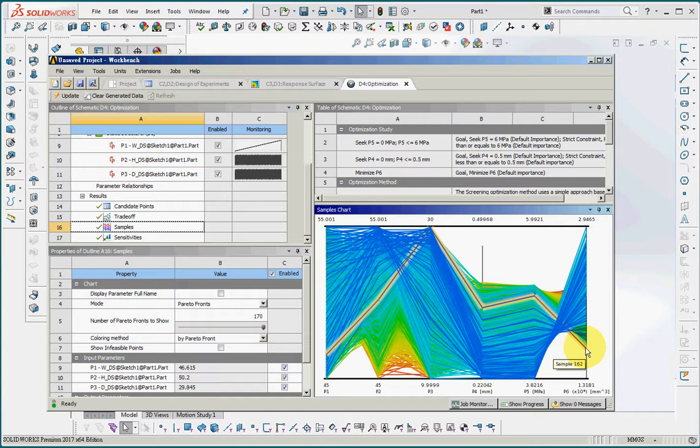So you can see from the result that for the minimum volume, P1 will be 46.6, P2 will be 50, P3 will be 30. So the solution will be a width of the beam 46.6, the height of the beam will be 50.2, and the diameter of the hole will be 29.8. So this is the solution for the